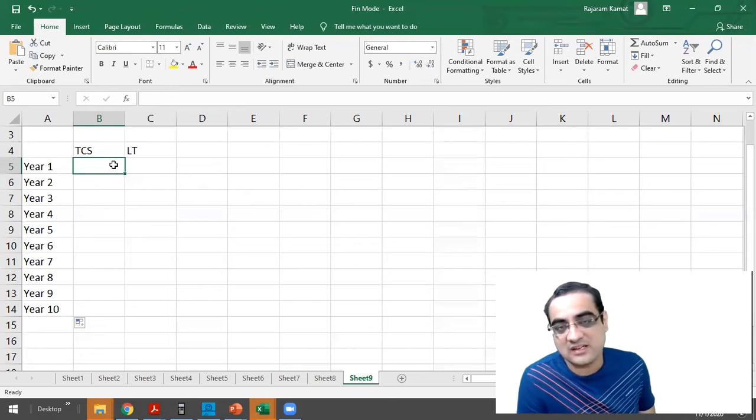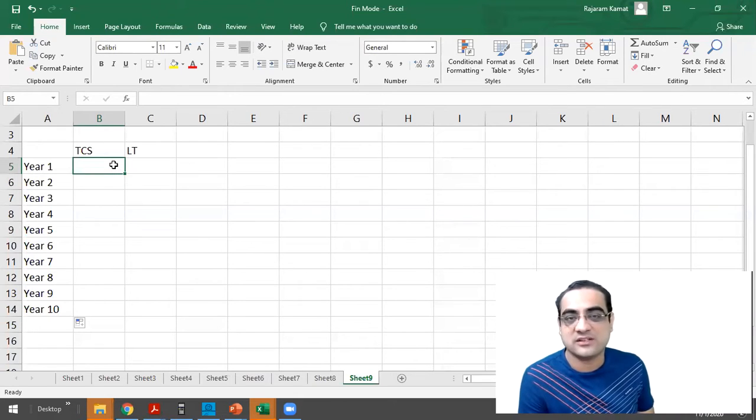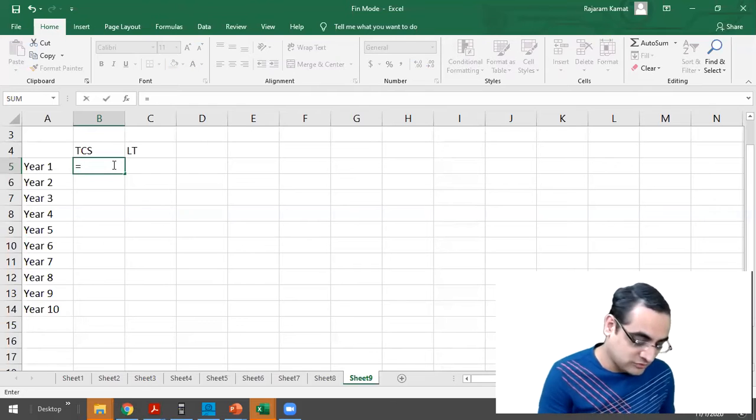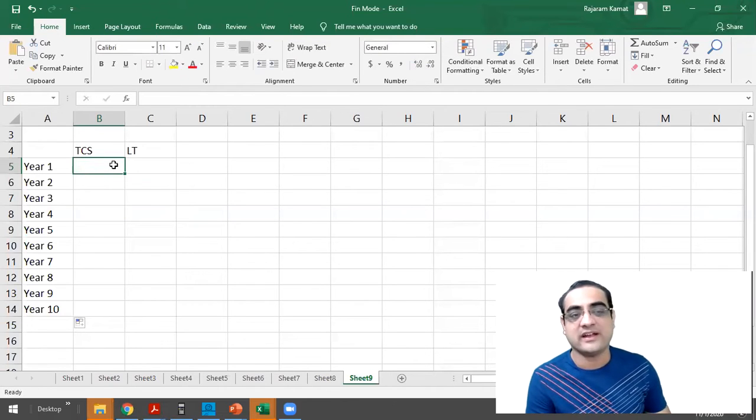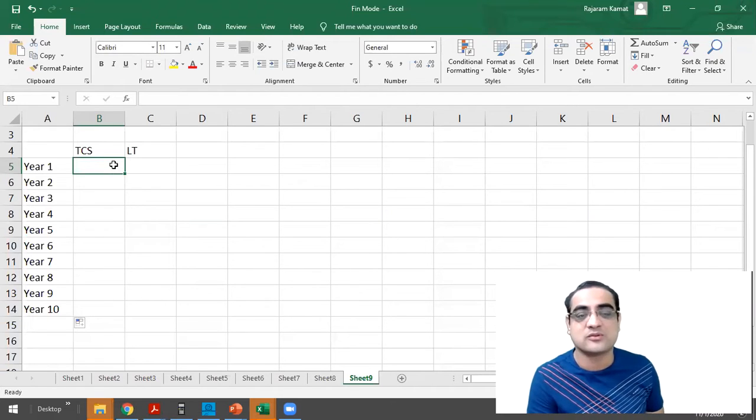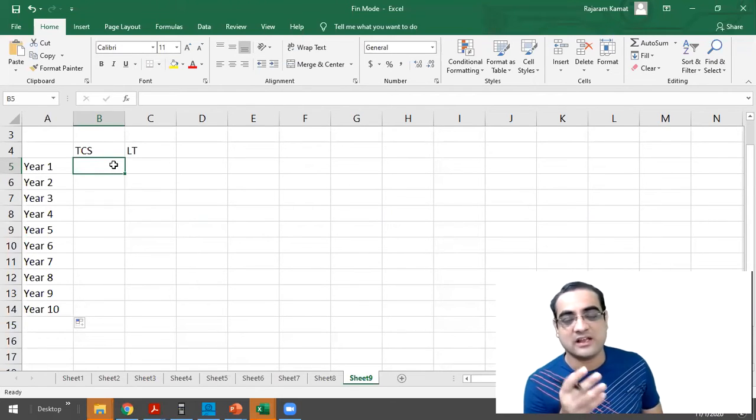Your random numbers and my random numbers could be different. So it would be better that you copy paste my random numbers in your Excel sheet later on. I'm just using a RANDBETWEEN. Actually, the correct way is to go to Moneycontrol and get the last 10 years' correct returns. That would be a better way. But right now, let me not switch to Moneycontrol,